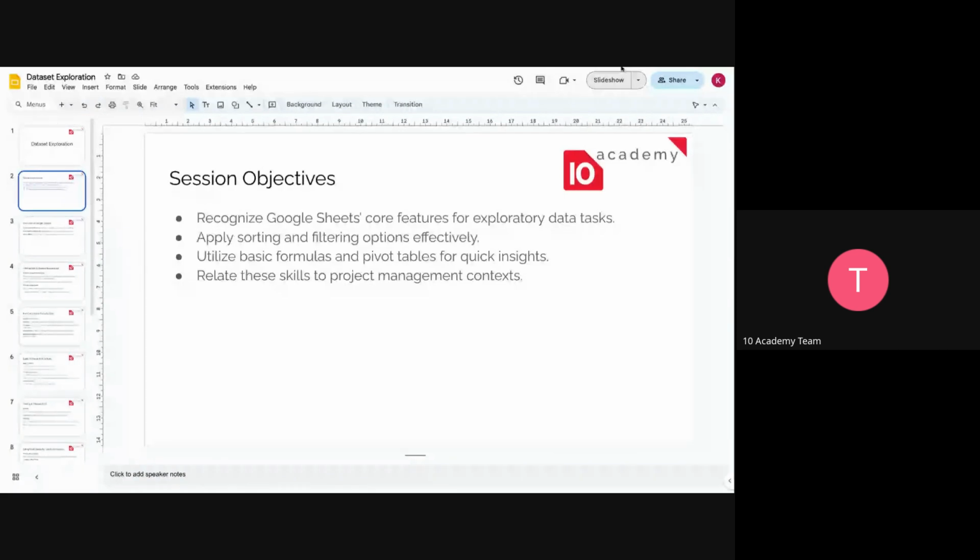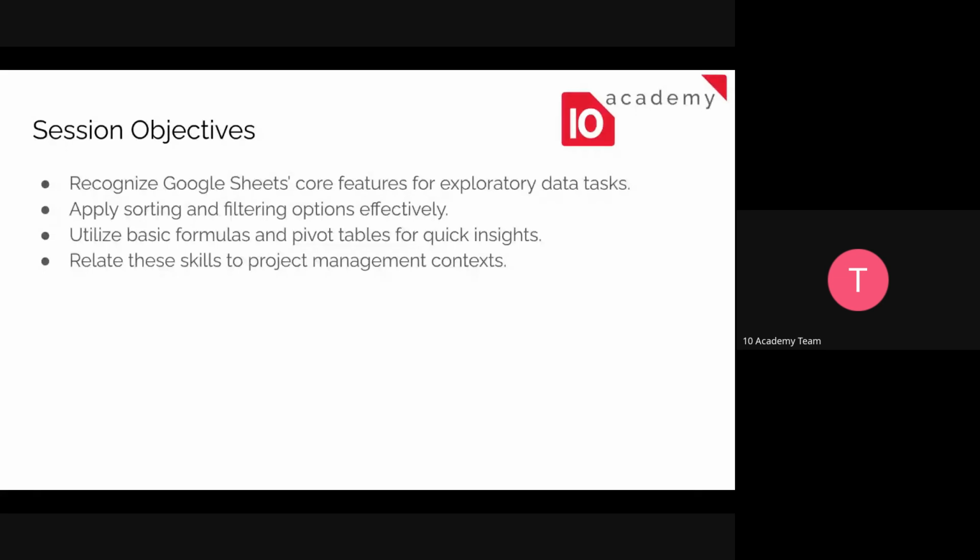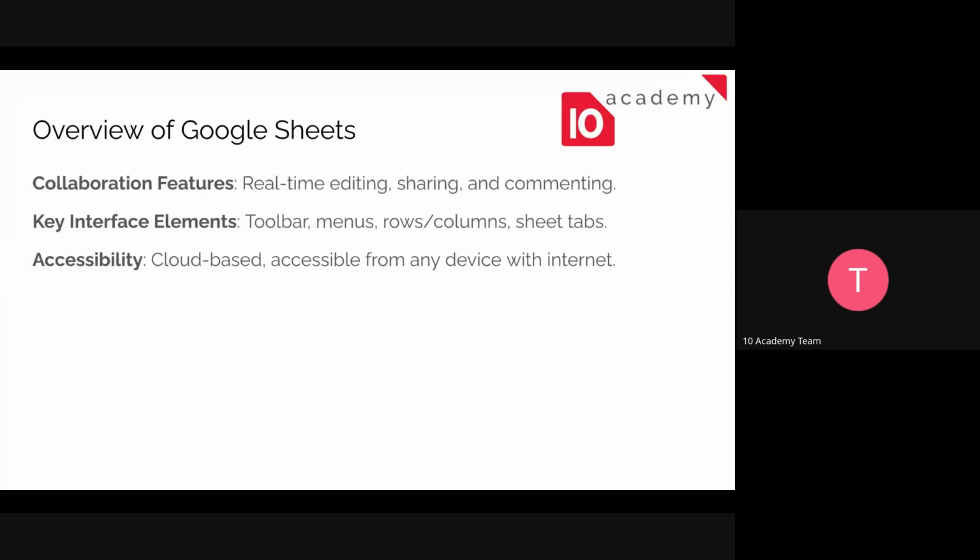So for this section, the main objectives are recognizing the Google Sheets core features for exploratory data tasks, applying sorting and filtering options, effectively utilizing basic formulas and pivot tables for quick insights, and relating these skills to project management context. Just as an introduction about Google Sheets,